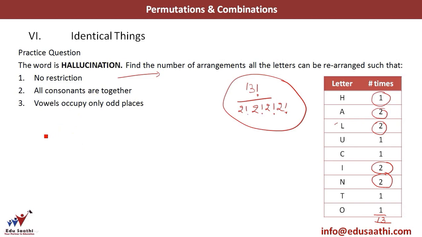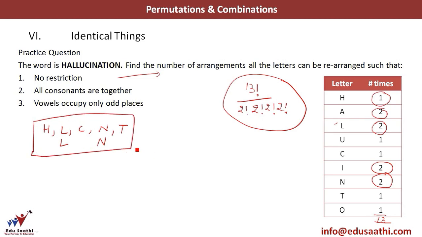As I discussed earlier, whenever we have to consider some things together, like here I have to take all the consonants together, I combine them and treat them as a single entity. So I have the consonants here H, L, C, N and T. Now this is L, which occurs twice, and N, which again occurs 2 times. So I will consider this entire thing as